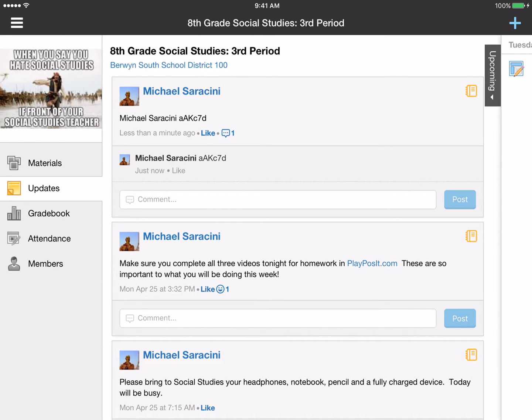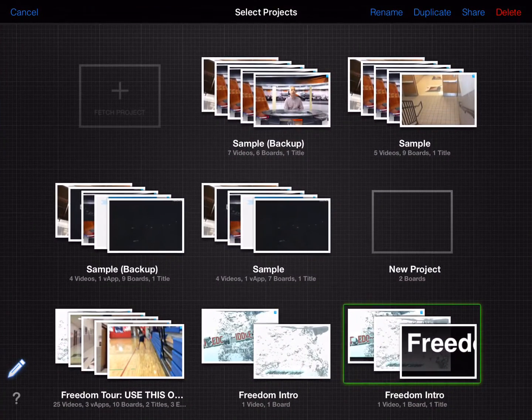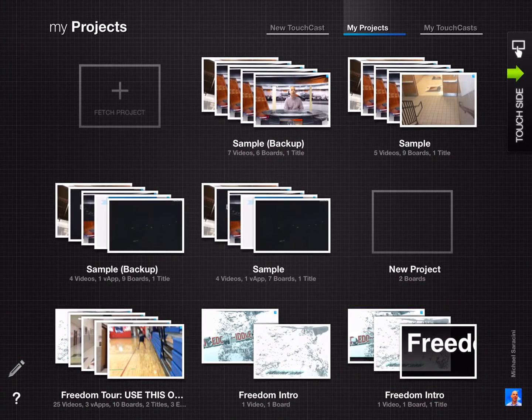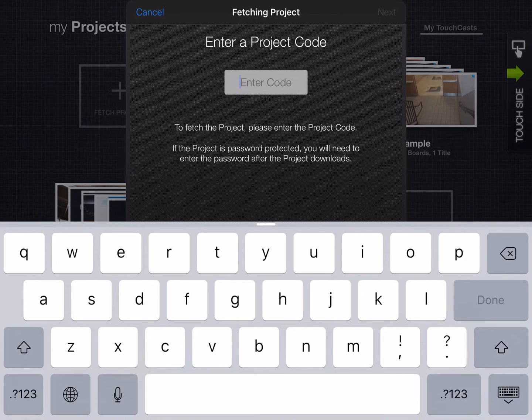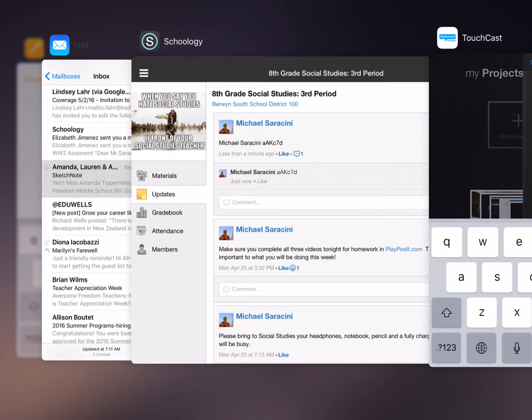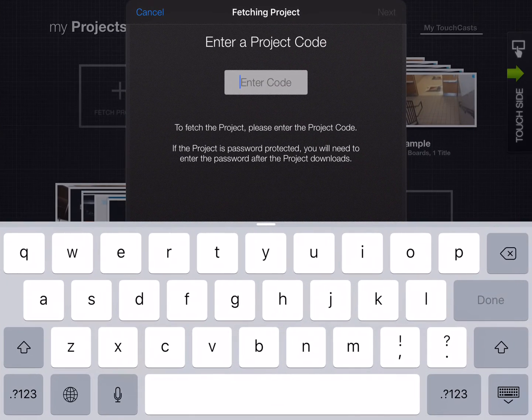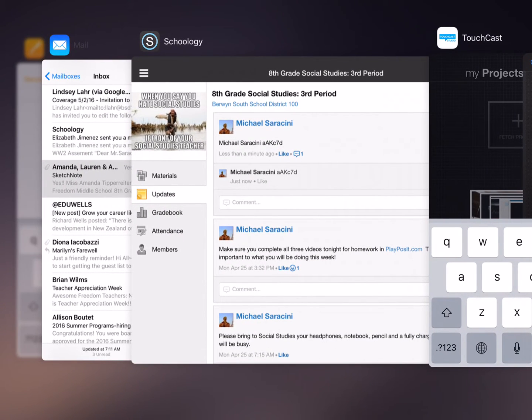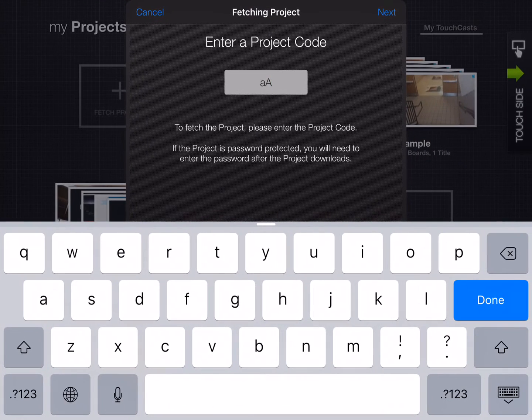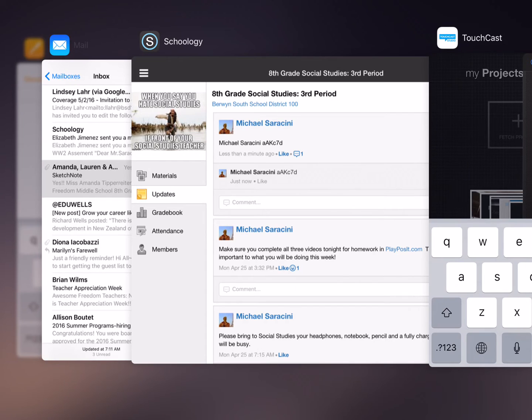So now if you're the news anchor and you have to take their clip and put it into your newscast, that's a very simple process to do too. You're going to come back here to Touchcast, and at the top you're going to see this little box that says Fetch Project. I am going to press on that plus sign, and I'm going to enter the code. Now remember, it is case sensitive, so I'm going to start off with a lowercase a and then a capital A, so it's aA, then capital K, lowercase c, capital K, lowercase c, and then 7